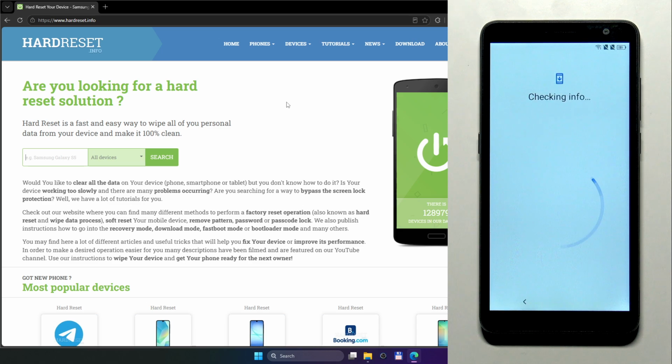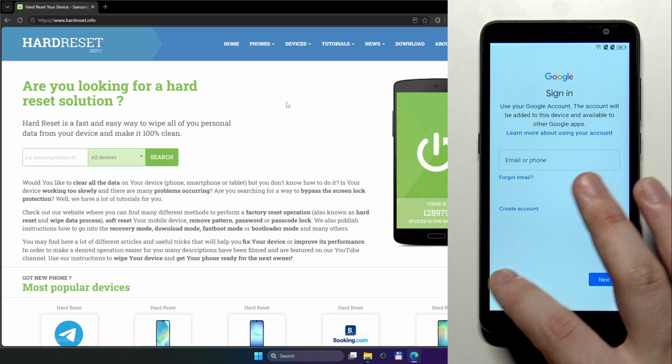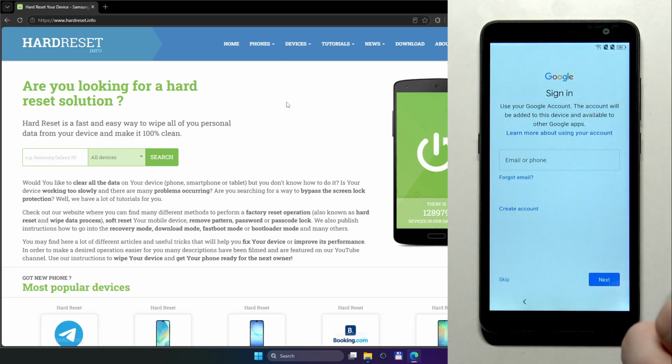Click on use my Google account instead. Okay, and now we have the skip button. As you can see, it doesn't say that you gotta sign in, etc. We can click on skip,